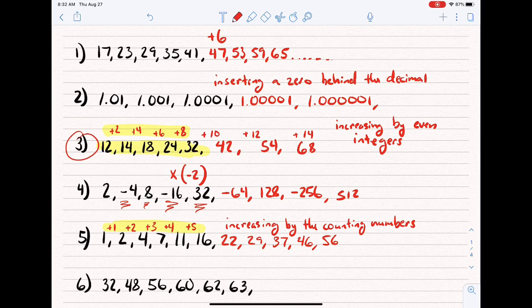So 32 to 48, you're adding 16. 48 to 56, you're adding 8. 56 to 60, you're adding 4. 60 to 62, you're adding 2. And 62 to 63, you're adding 1. So then my question would be, well, what's happening with these numbers? And the answer is,